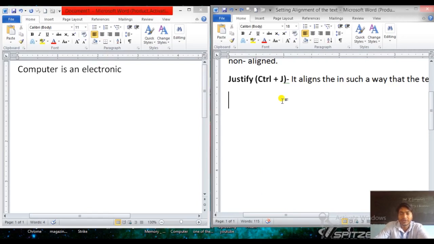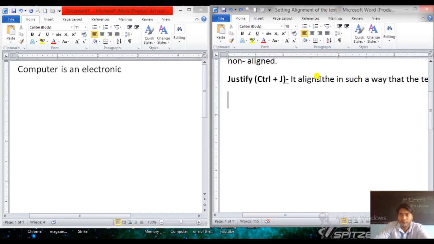You can also paste in the same location. Suppose this is the document from where I'm going to cut the text and paste the text. Now I'm going to select "it aligns." Then you click on the cut option. As you can see, the text is removed from there. Now place the cursor below where you want to paste and then click on the paste option. As you click, that will come. Understood?